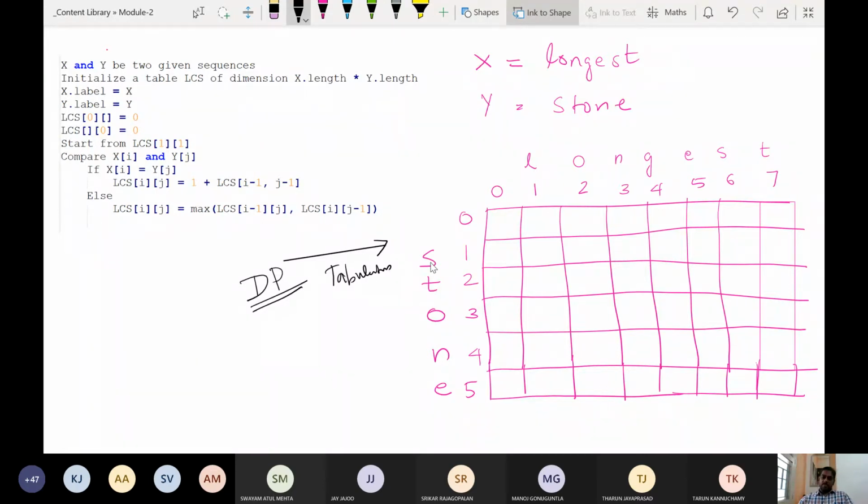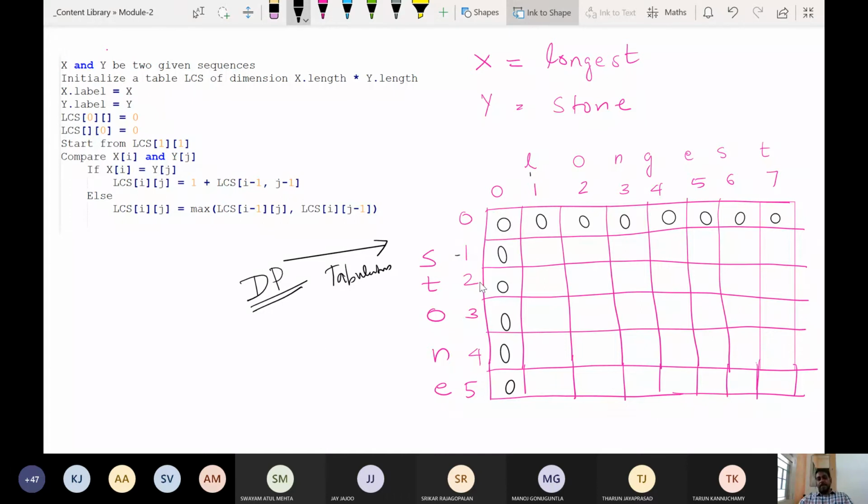So that is why I am starting S with index 1 and L with index 1. But I am simply putting 0 row and 0 column. And the first row as per this table, now I am speaking about the table, the first row of the table is to be filled with 0, 0, 0, 0, 0, 0. First column also I filled with 0.